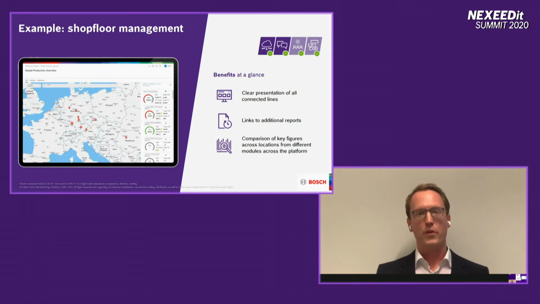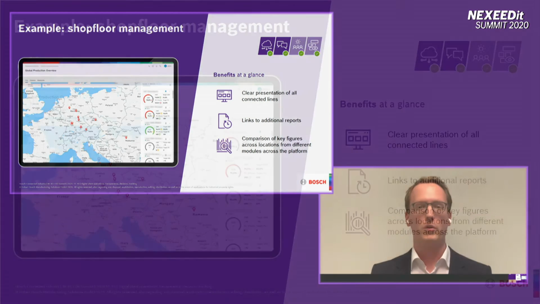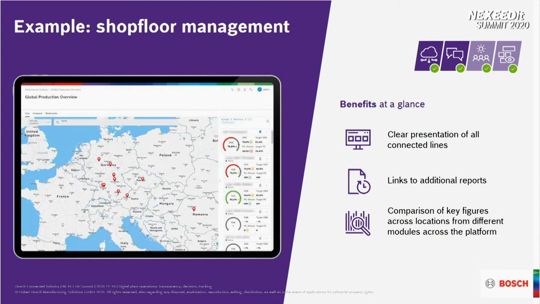A good example here is from shop floor management. This is a map view of several locations you have, for example, in your international production network. What you see here are the locations and the KPIs from machines in those locations. But the data is computed and stored in modules in those plants, while you are gathering the data you see here in a different module. This is of highest importance so that you have consistent data storage and data integrity in your system.